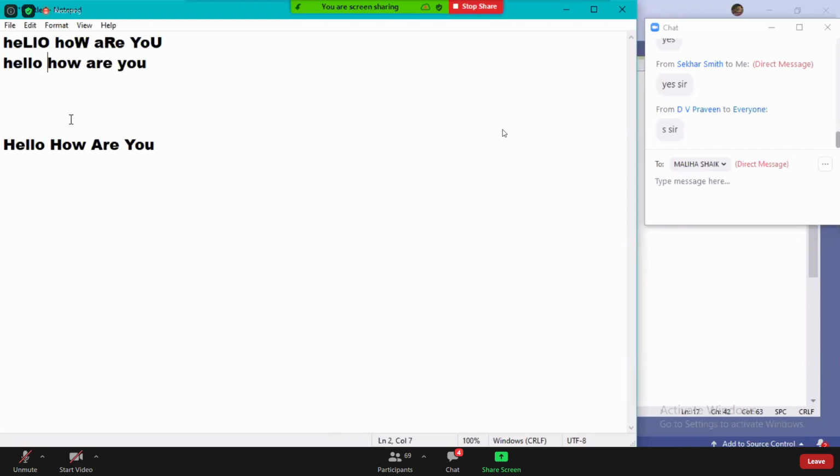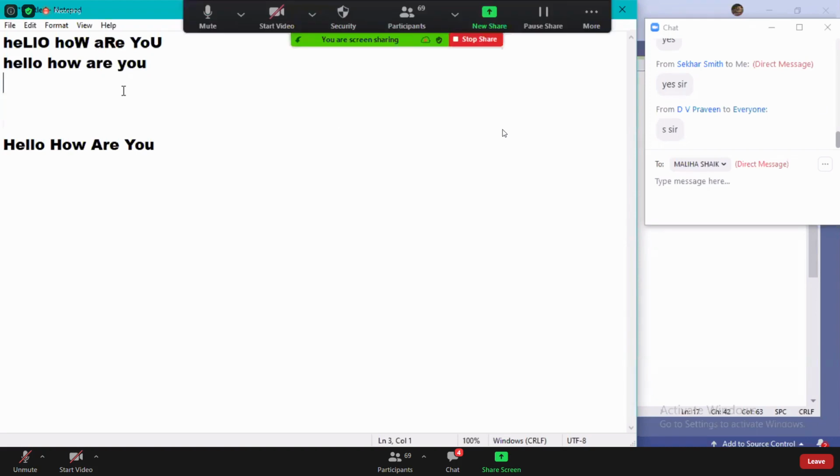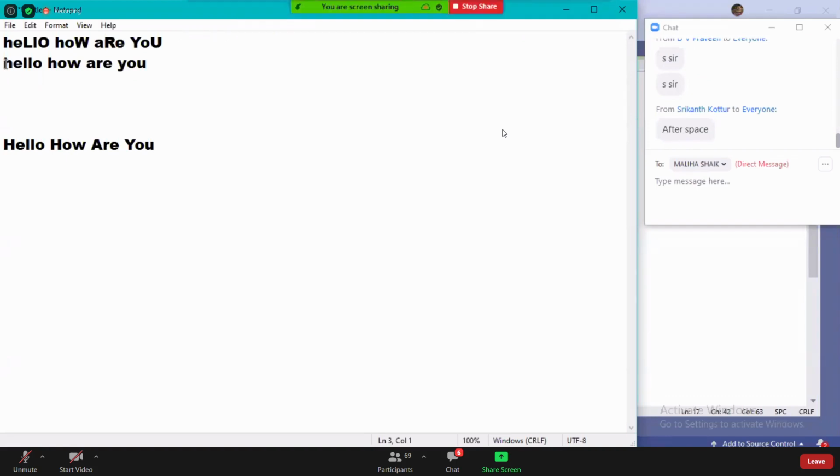Half the work is completed now. Why? When you convert the whole string, now one thing is pending: how many words are there? If you can pick every word and convert its first character into uppercase, the job is done. Are you clear? If you can find out the number of words here, pick each word and convert it.